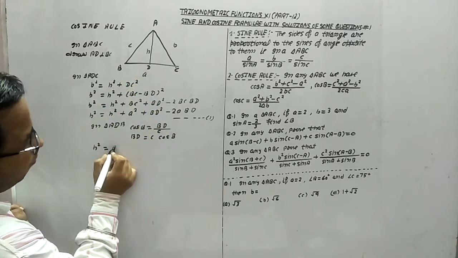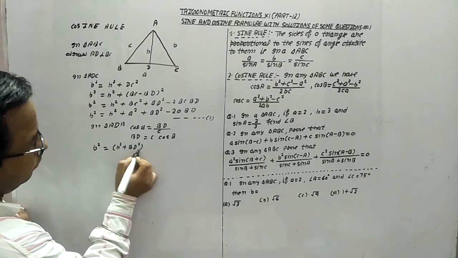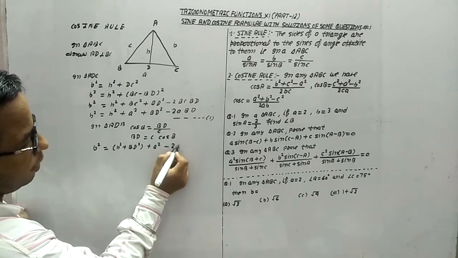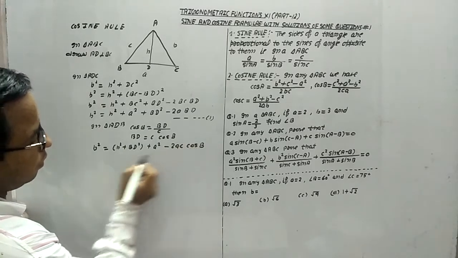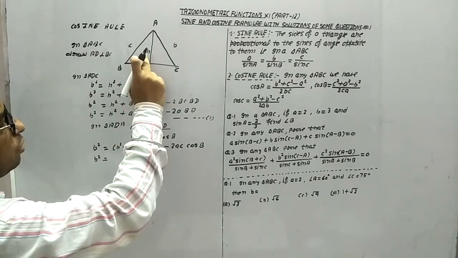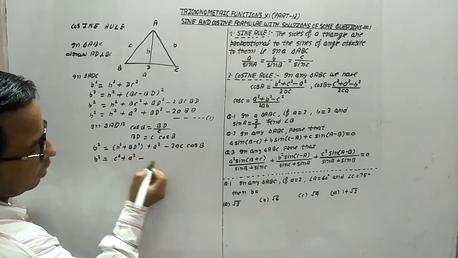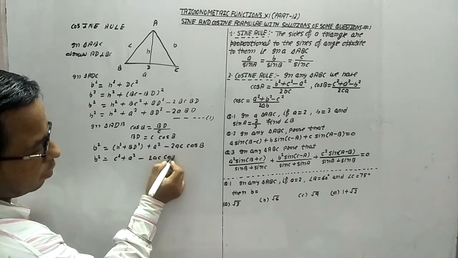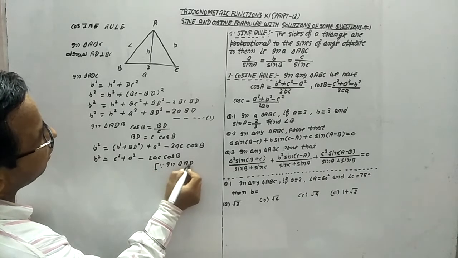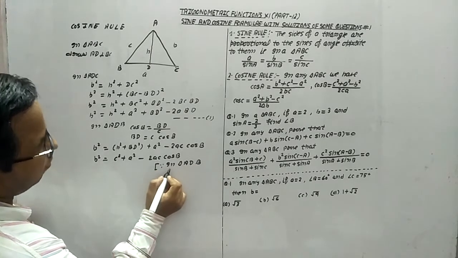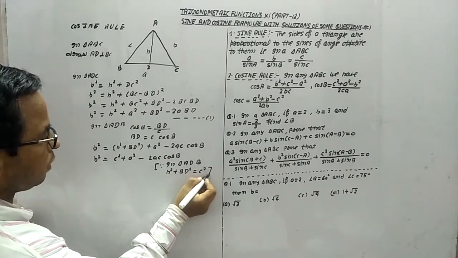Now we will combine this part, h square plus BD square, and this is plus a square minus 2a. Substitute the value of BD, which becomes c cos B. Now b square is equal to h square plus BD square. What is it providing? c square. It means c square plus a square minus 2ac cos B. Here you will write down, because in right angle triangle ADB, we are observing h square plus BD square is equal to c square.